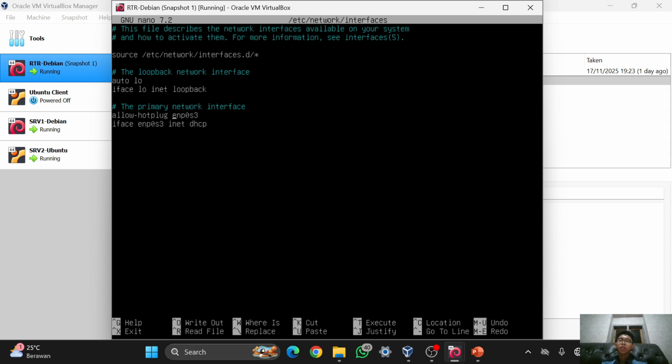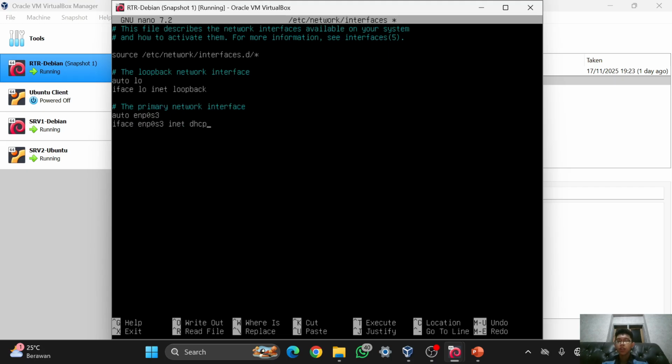So I will set enp0s3 first. For enp0s3, for allow-hotplug, I will just delete it and change it into auto. So when I run this router Debian, I will not need to set it again. And for the interface, here is enp0s3.